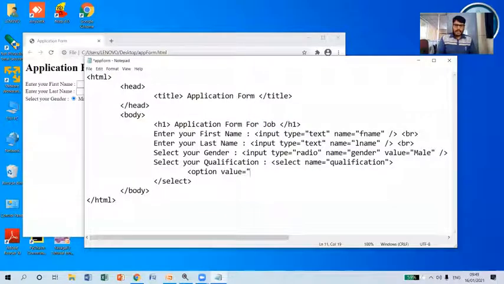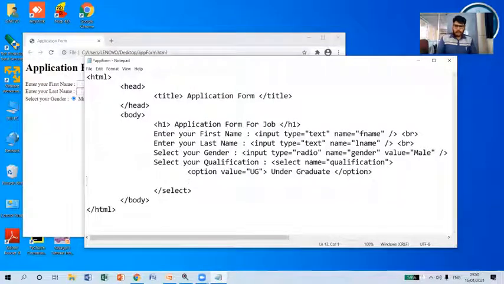The first value I'm going to use is UG, for undergraduate, and I'm going to close this option tag here itself and include one more option. Value is G, for graduate, and I'm going to specify the option as graduate and close this option.